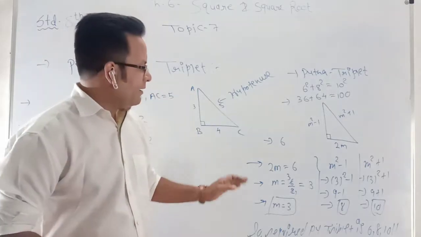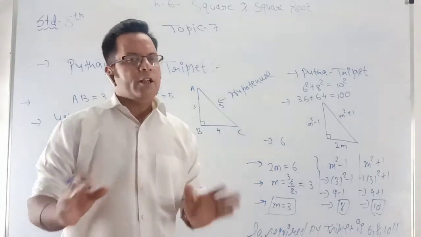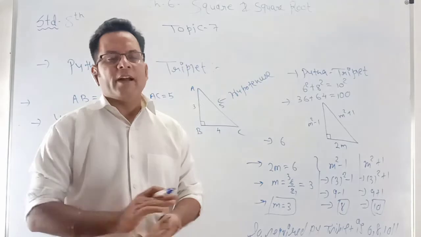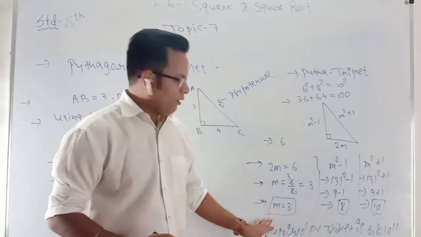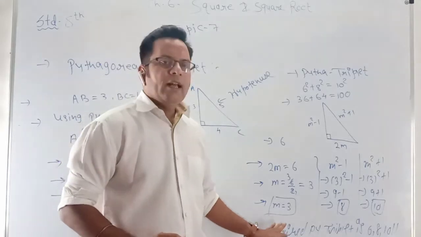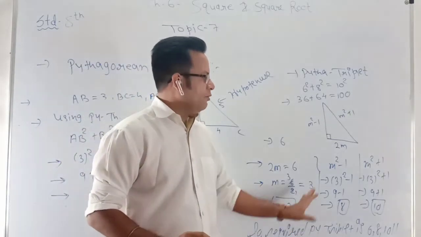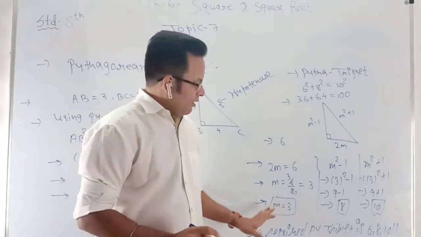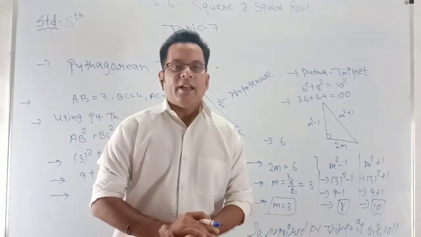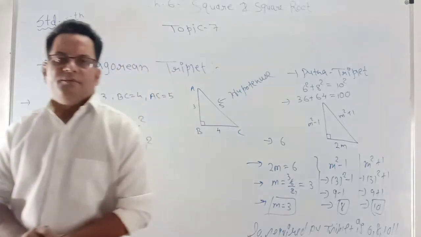First of all, you have to find the value of m. Any number there is given, you have to find first of all the value of m. And then here we have found the value of m, that is 3. And then we have to put that value into the next two members. And we can find easily any triplet. Just take a look.